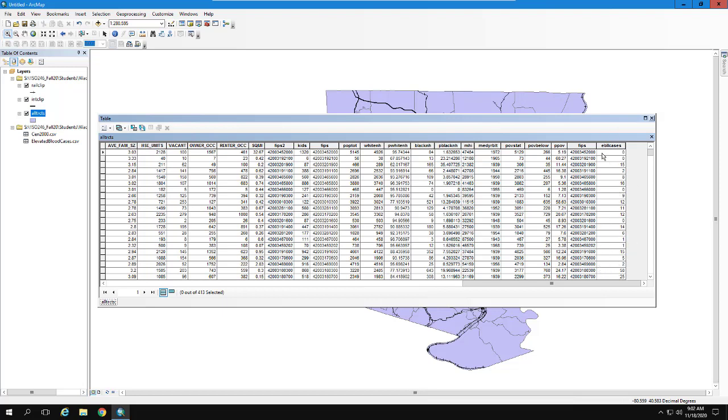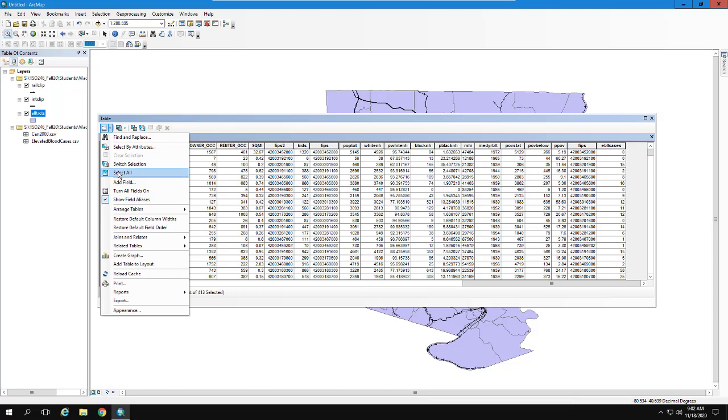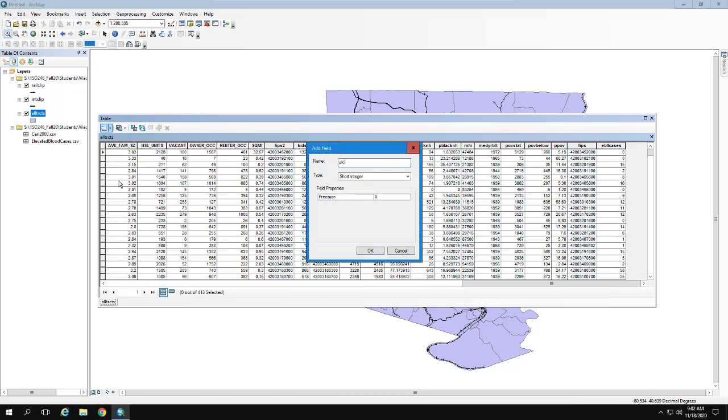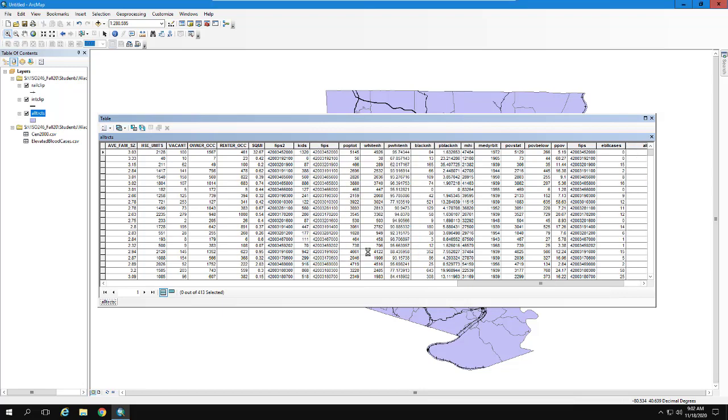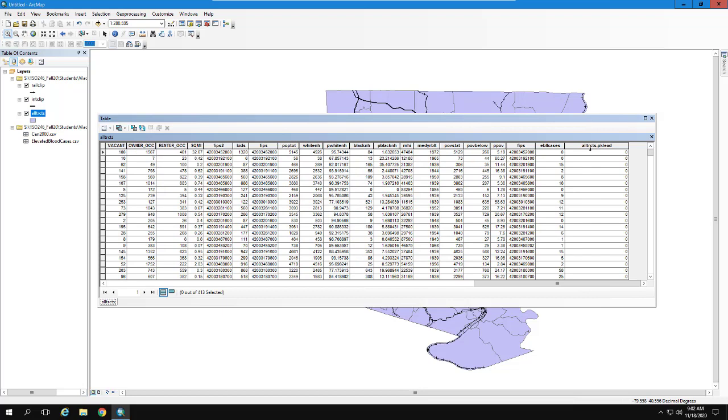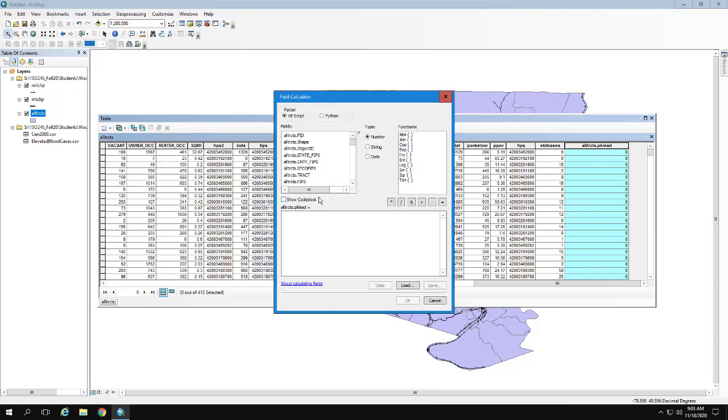Okay. Now, if we want to, at this point, we can create a variable in our shapefile that is the rate of affected children. So we could do an add field at this point. I'm just going to call this pklead for percent of kids with elevated lead level. And then scroll across, ignore the all tracks thing, that's just an annoying little feature. Right click, field calculator, and that is going to be 100 times the number of cases